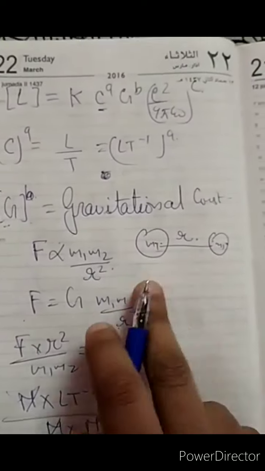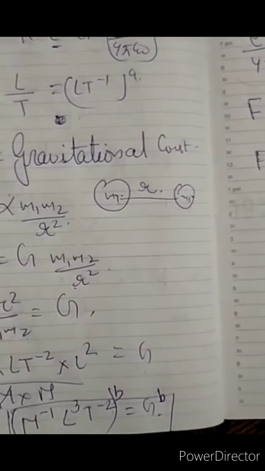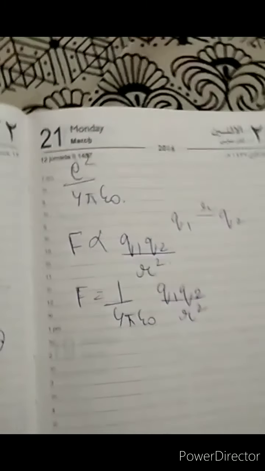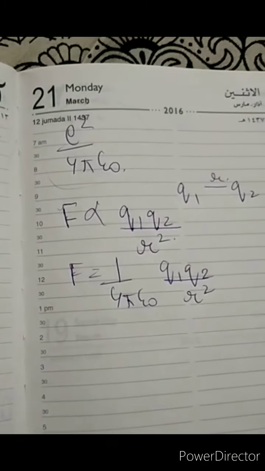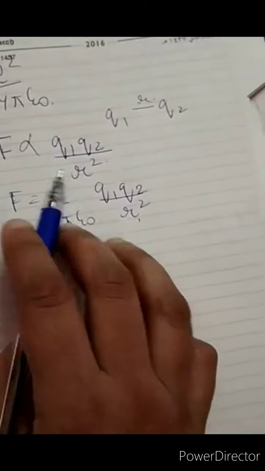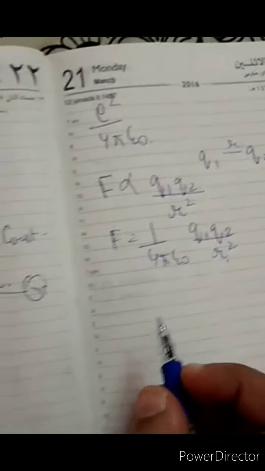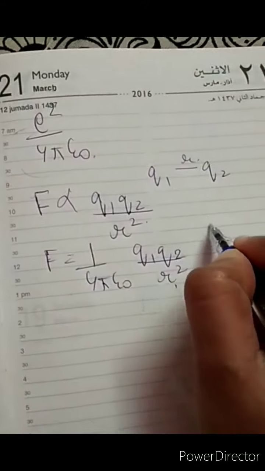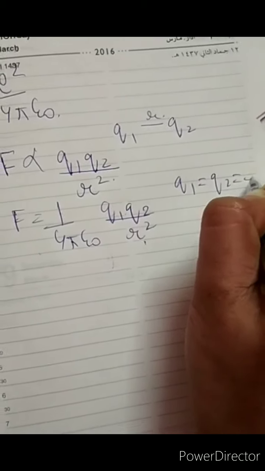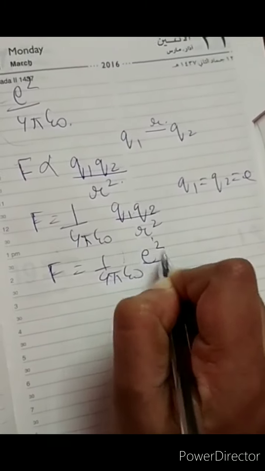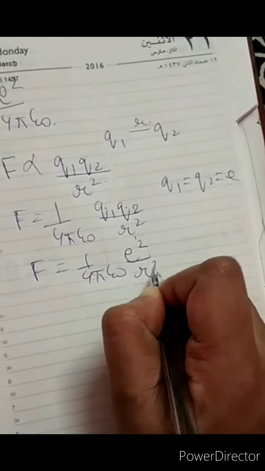Here, when we have masses in kg, meaning large mass, then you have a gravitational constant, right? Gravity attracts it. But since it is at the atomic level, like electron, proton, charges, they don't have such masses. So there we apply Coulomb's law, and Coulomb's law states this. So there we have G, and here we have 1 upon epsilon 0 as a proportionality constant. What charges we have, they have given in the question as E. So Q1 is equal to Q2 is equal to E. Put it here. You will get 1 upon 4 pi epsilon 0, E into E, Q1 Q2 is equal to E, R square.